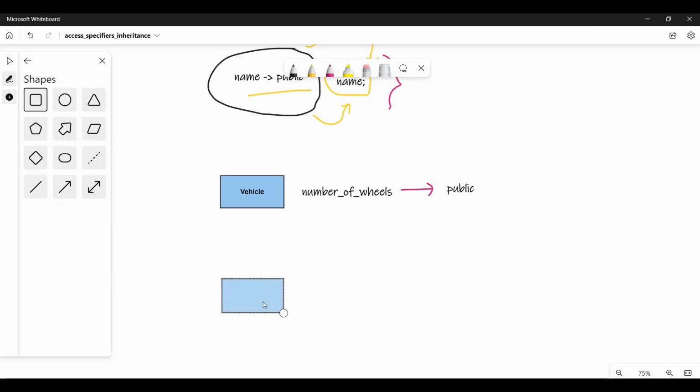Now we create a subclass, and the name of the subclass is car, and we inherited it. Since number of wheels is under the public access specifier, virtually or internally the car will also get the data member number of wheels,